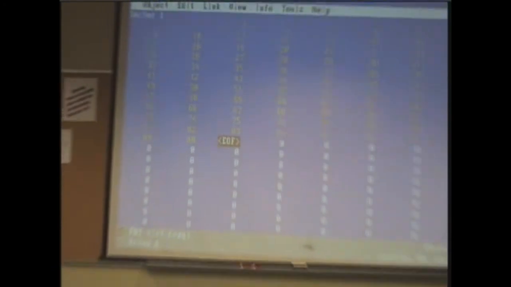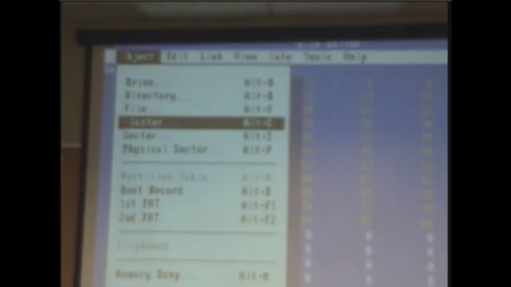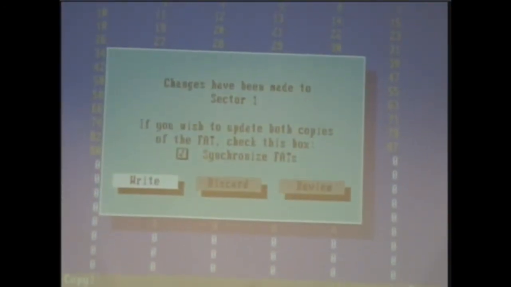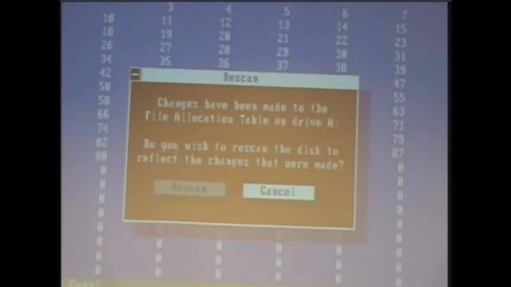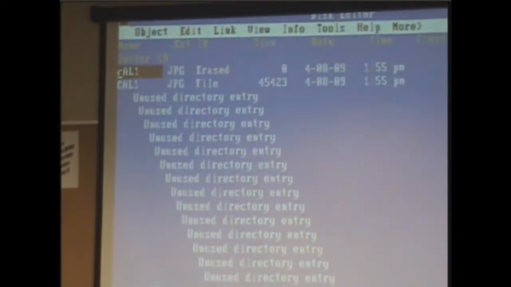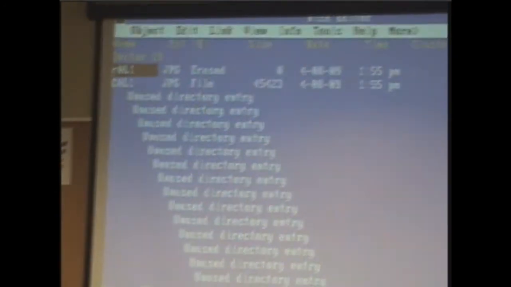All right, so go back to objects, A, and then hit directory. Go up. Yep. Hit enter. Now you have to write. Rescan. Hit OK. Okay, so it looks perfect. All right, so we take out the floppy. Is any machine already